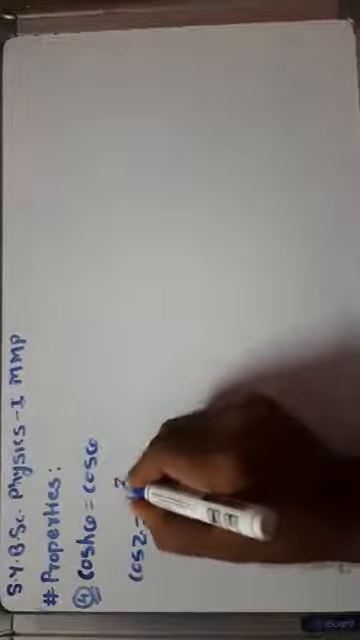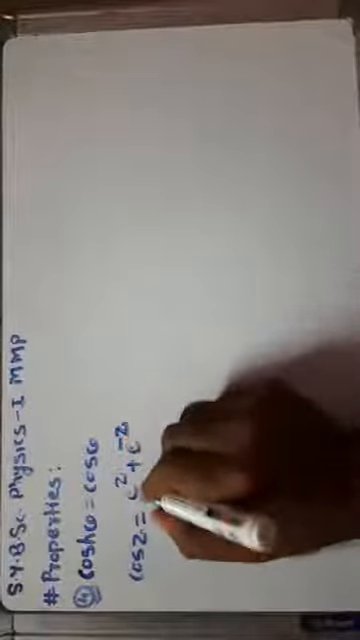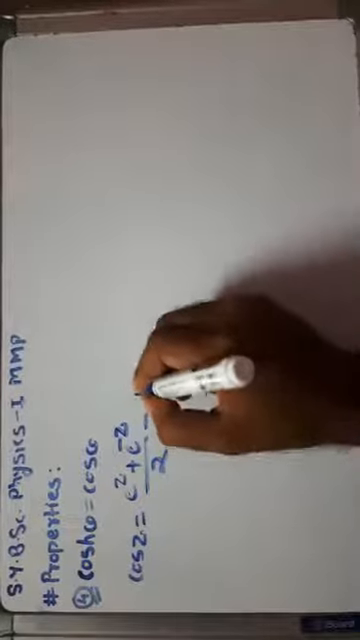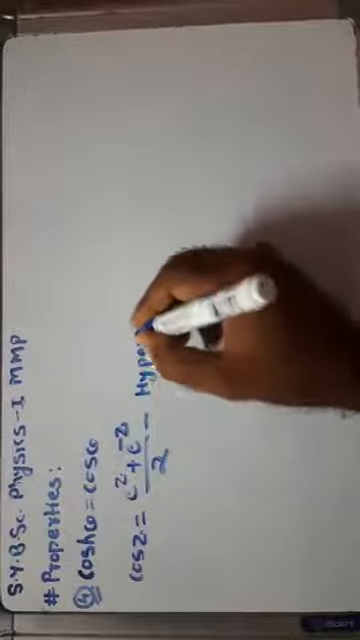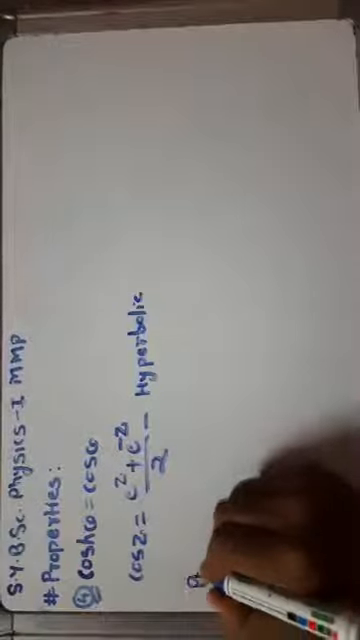cos theta is equal to cos i theta, right? Then we use the hyperbolic function. cosh z is equal to, what is the hyperbolic function? cosh z is equal to e raised to z plus e raised to minus z divided by 2. This is the hyperbolic function, right? Then here, putting z is equal to